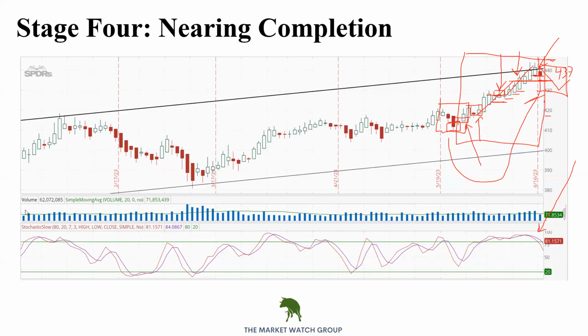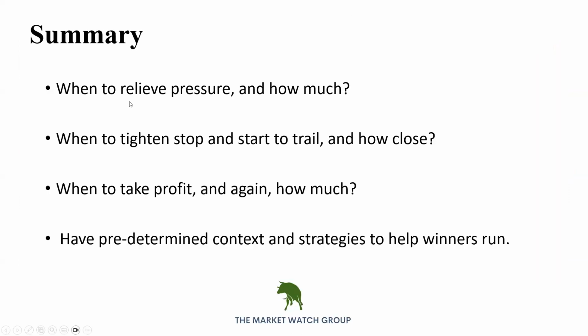So what are some things we need to think about? When to relieve pressure and how much? Where do we get that? Context. Context from the market. The better the market is, give it a little bit more room before you relieve pressure, and relieve a little less. If the market is a 1, a 0, if our posture is not very good, what do we do? We take more profit, take it sooner. That market's choppy, it's harder. We're not looking to push things. We're looking to take what we can get when we can get it.